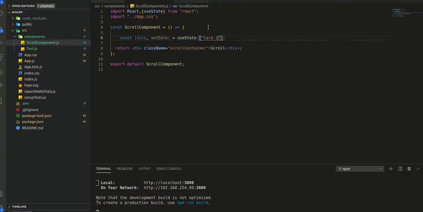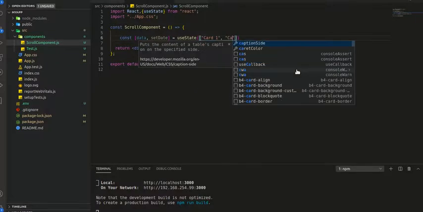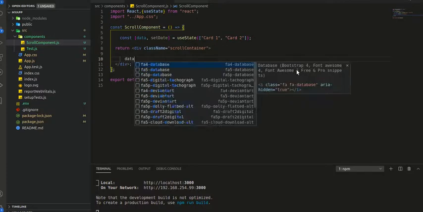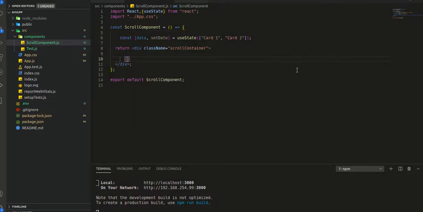Let's say card one. So we will basically be adding cards here, and that will be dynamically added when we scroll. So for now, we'll just add two cards as the initial state, and here we will render that card list.